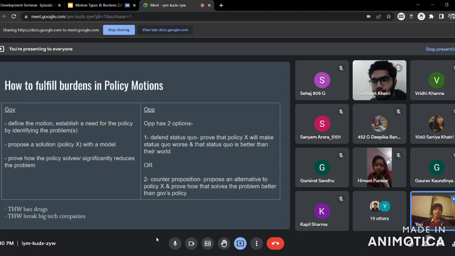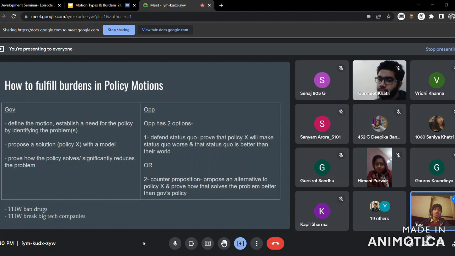So this is very common in banning debates. So if the motion is this house would ban drugs or alcohol or anything, Gov would defend a ban. What opposition usually does is that they will not just sit in opposition. What we would do is allow drugs or allow alcohol, but we would regulate those things. We would place reasonable restrictions such that these things are still available, but with some restrictions placed on their usage or their sale or their production and things like that. So that is an example of a counter prop proposed by an opposition team.